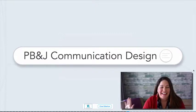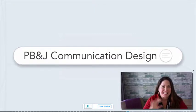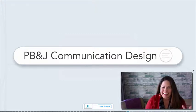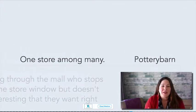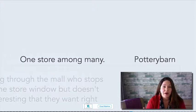All right, now we're going to actually start designing these conversations that we want to have. I am going to use the illustration of Pottery Barn because this to me is a great example of what our businesses are. We are one among many, but we're a boutique. We're a small business that can show up as its own standalone store. It might show up in a mall. It might show up in an outdoor